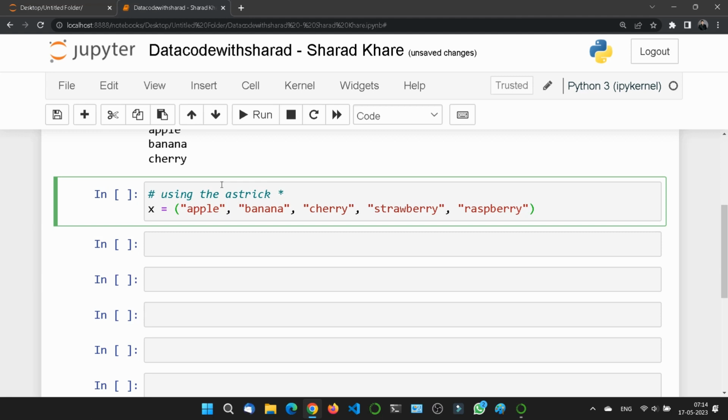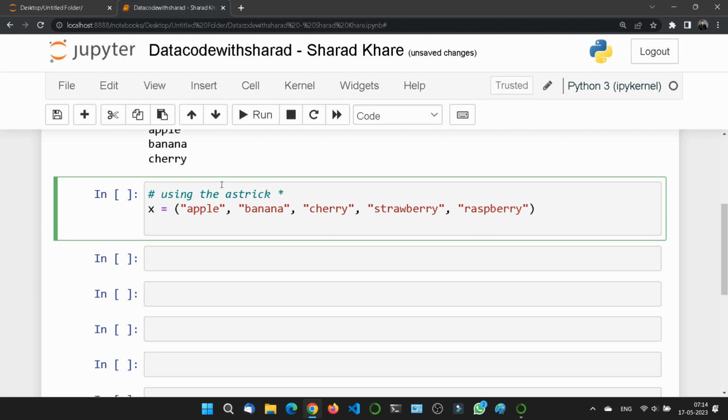Now suppose I give D, E and F. I have taken three variables, is equal to X. But as I told you, if the number of variables is less than the number of items, we can add an asterisk here.